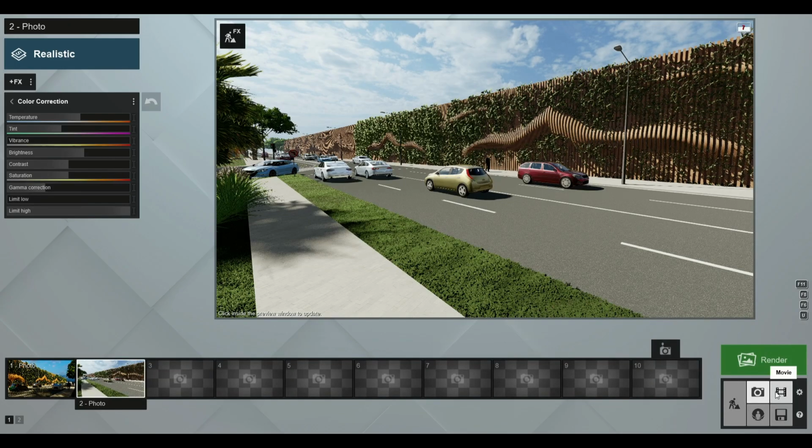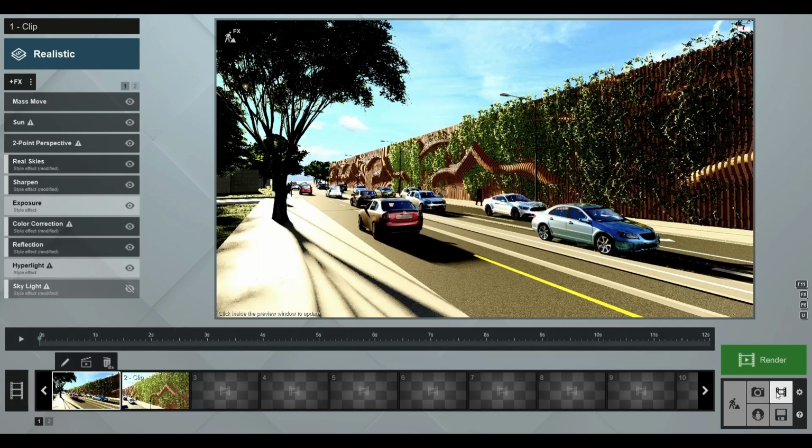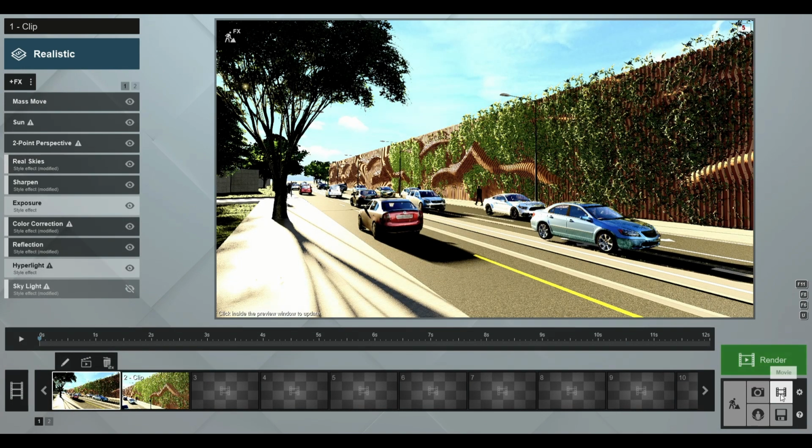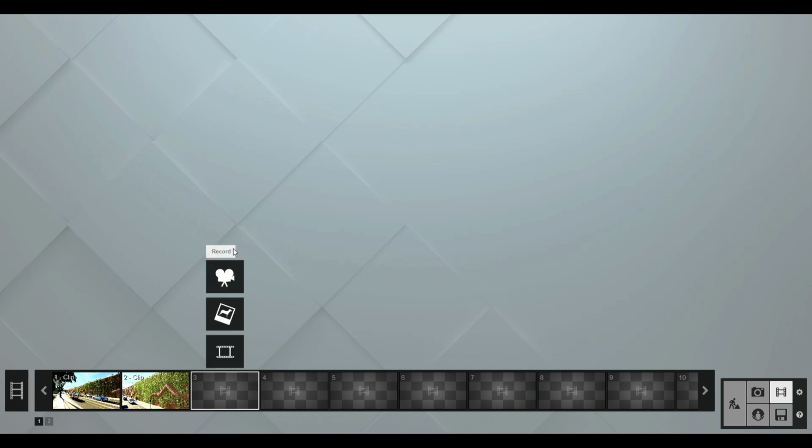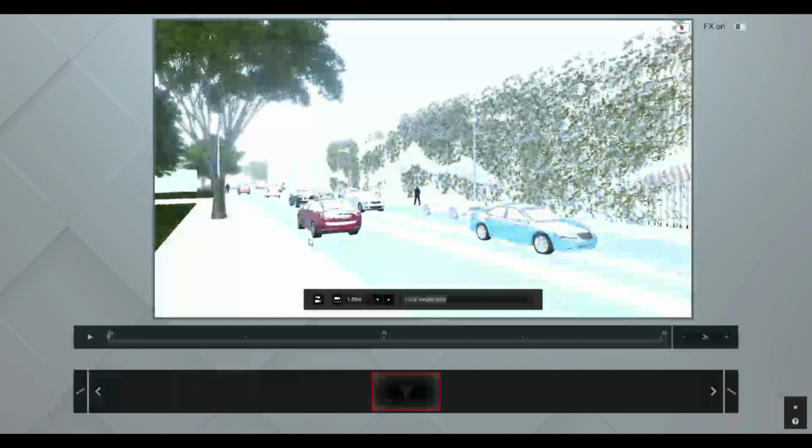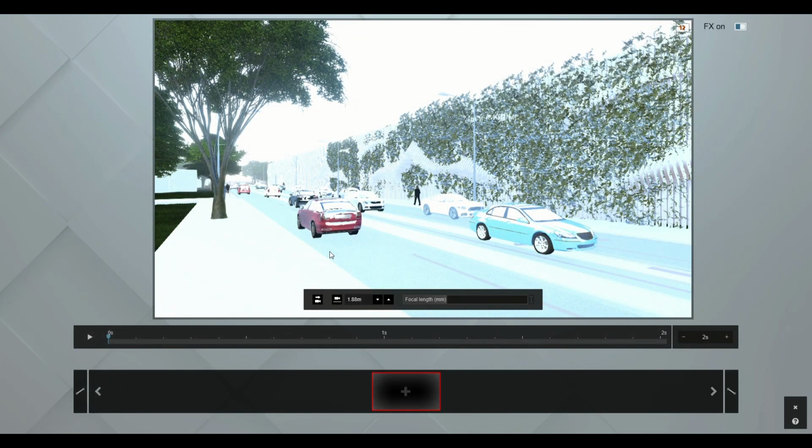So yeah, this is for the image. And for the walkthroughs, this movie column is for the walkthroughs. You might be able to see that I have already created two walkthroughs. So I'll create a new one here. I'll just click on record, and